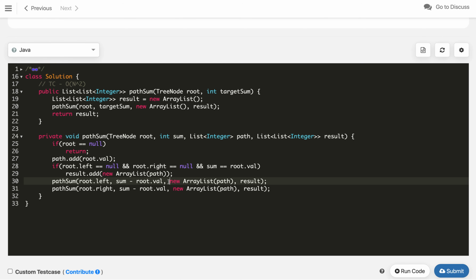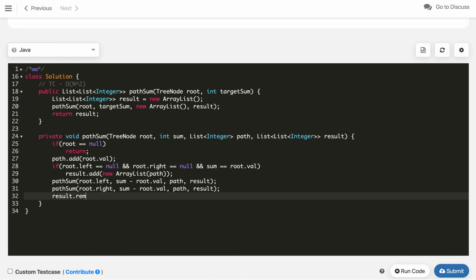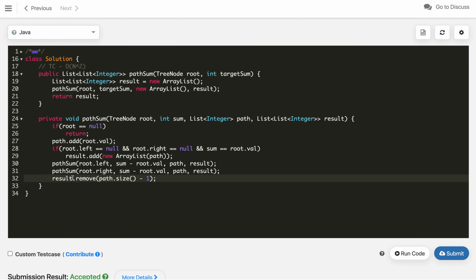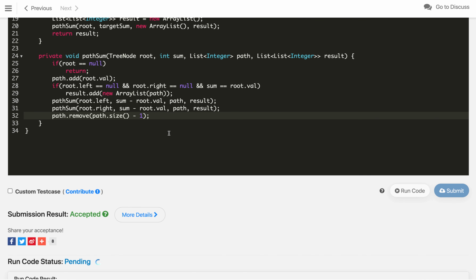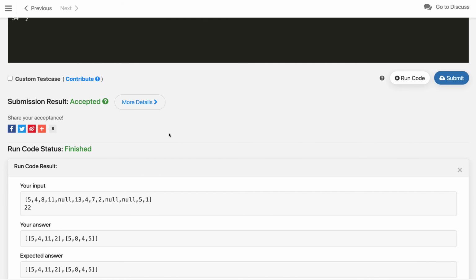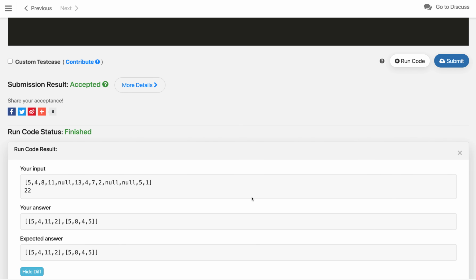And instead of copying every time, we pass path as it is, and here we remove the last element, that is path dot size minus 1. Let's try to compile. This should not be result, it is path, as we are maintaining the path as it is. This is the correct answer we are getting with this approach.